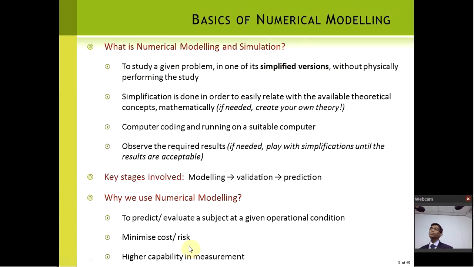But I also mention some simulations, in the current context, consume megawatts of power for computers. So the actual setup is in micro scale, like maybe some tissues, but the simulations cost us a lot. But there are reasons why people invest. Maybe one reason would be the higher capability in measurement, because at micro scale it's so hard to measure velocities, accelerations, pressures, but in simulation we can predict. So those are the benefits that are common to whatever numerical modeling.